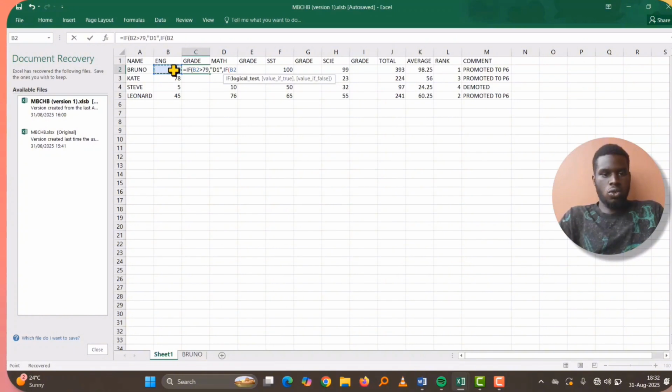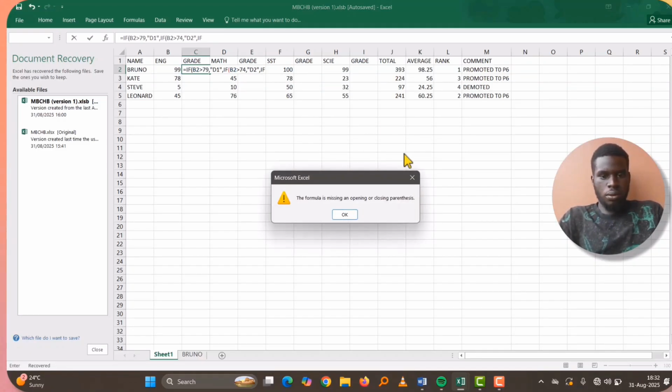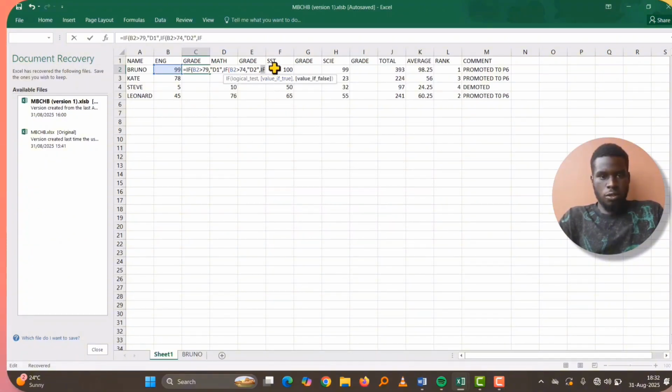if B2 is greater than 74, comma, open quotations, award D2, comma, if B2 still, if, open a bracket, comma, if, open bracket, B2 again is greater than 69,